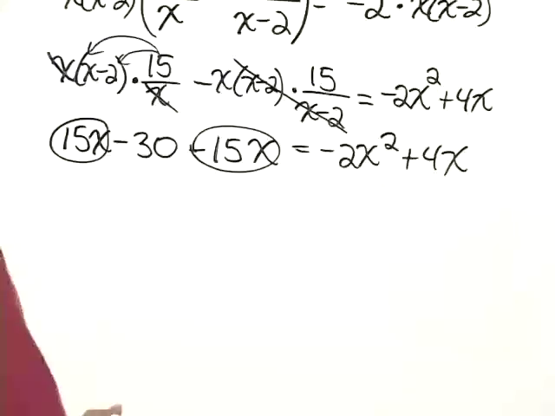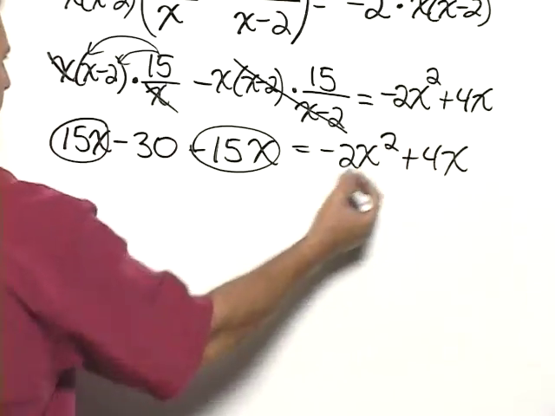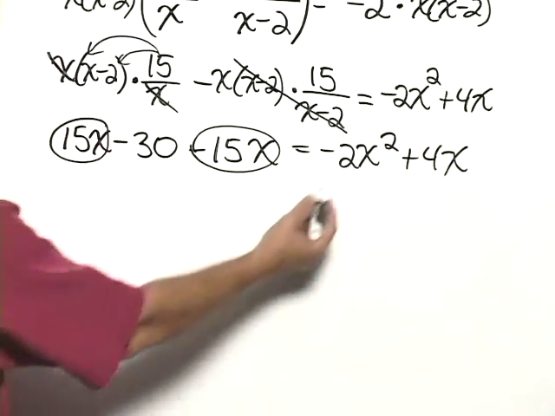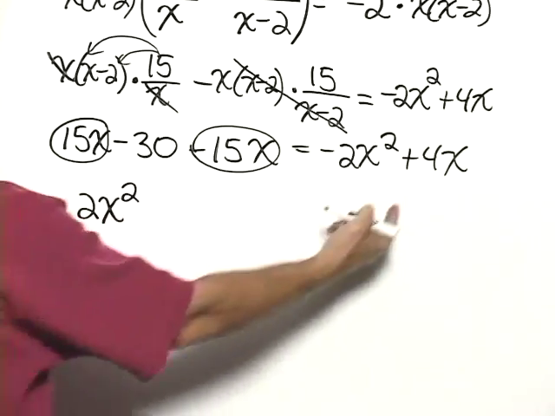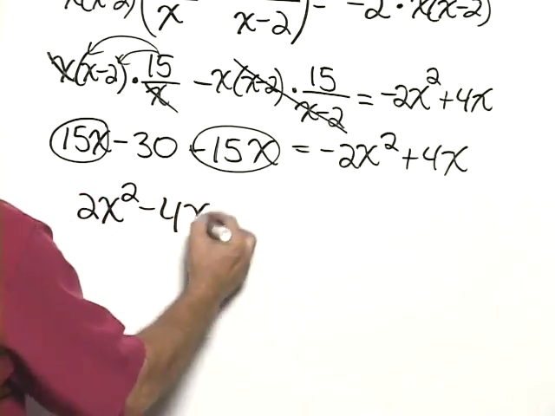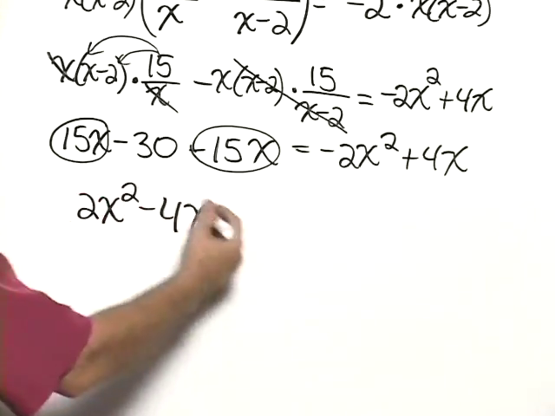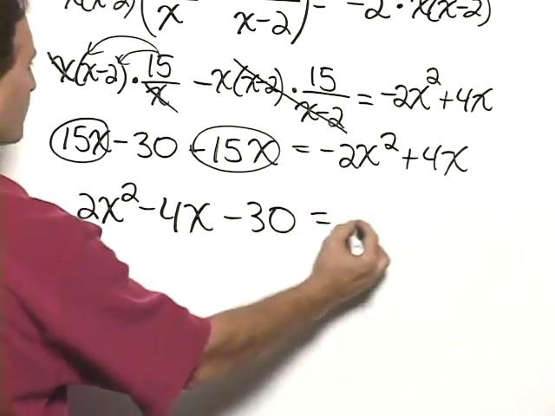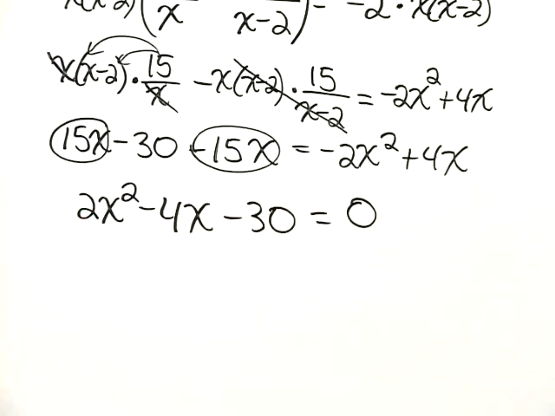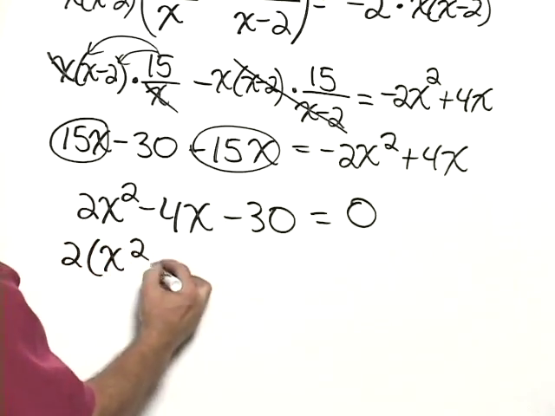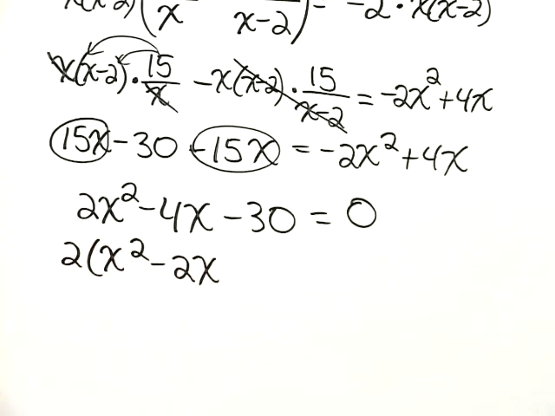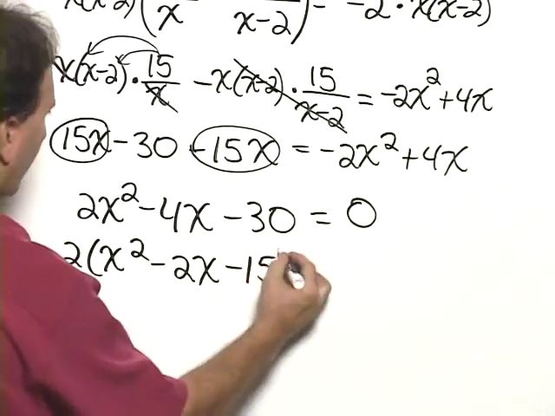The next thing we want to do is to collect all the terms on one side. So I'm going to add 2x squared to each side. I'm going to subtract 4x from each side. I'm going to keep the minus 30 on this side, and that's all equal to 0. The next step is to factor. Notice that we can factor out a common factor of 2, which leaves us with x squared minus 2x minus